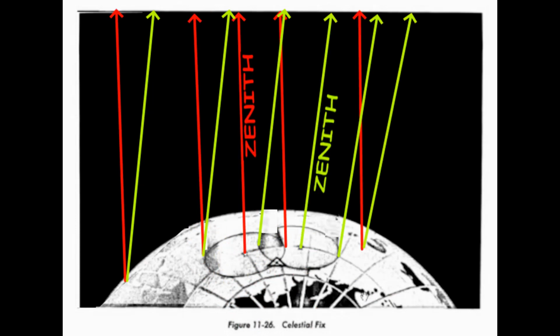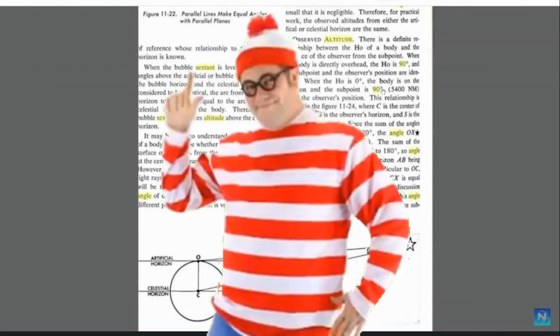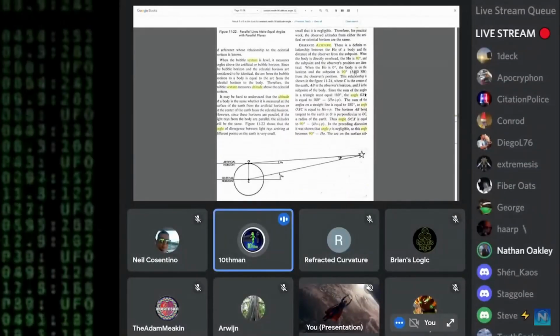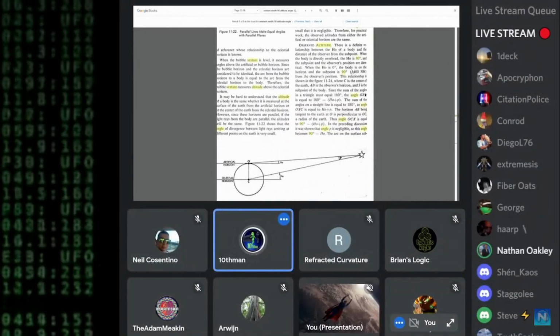The red light from star A is parallel all over the planet and is only a zenith line at one place, the GP of the star, and that is the centre of the circle of equal altitude that it forms. The same goes for the green light from star B. I'd like to bring to everyone's attention that if you are sighting a star at the horizon and it's 54 nautical miles away, that's just a radius. It's really 10,800 miles of flat.